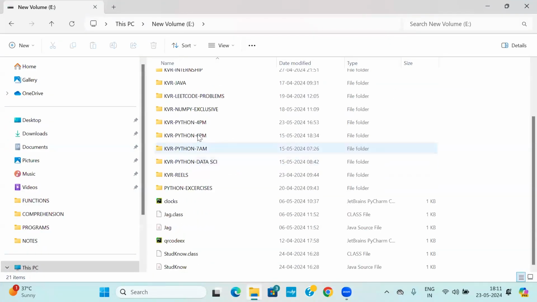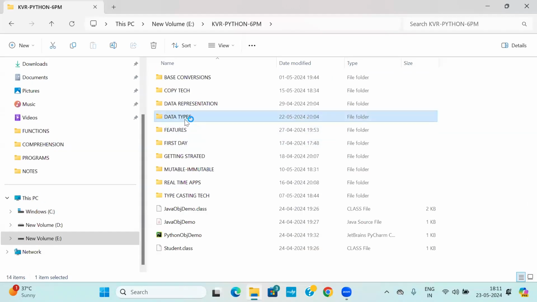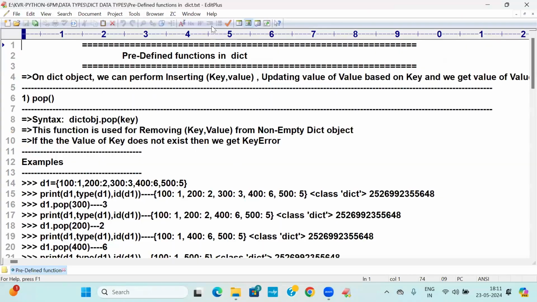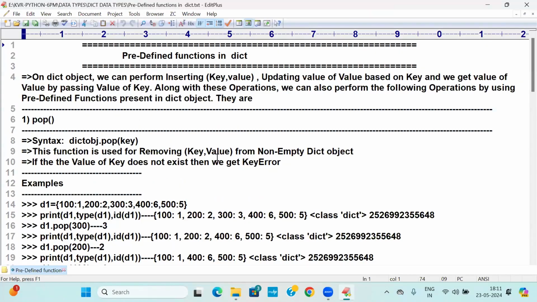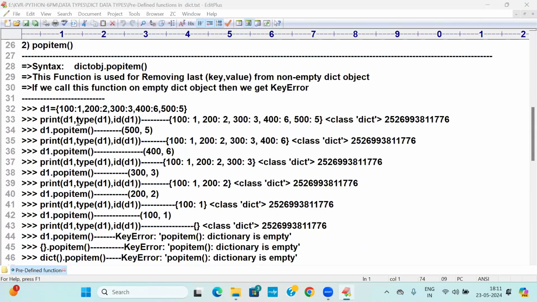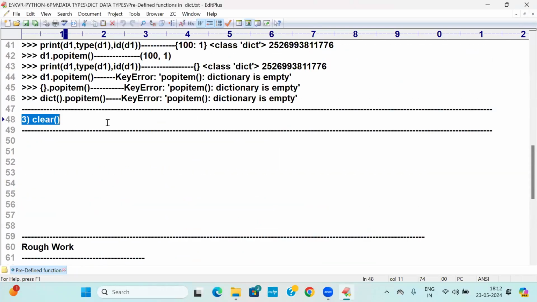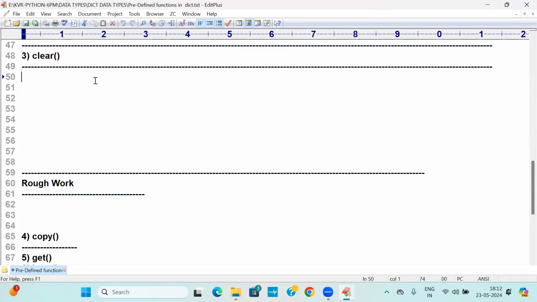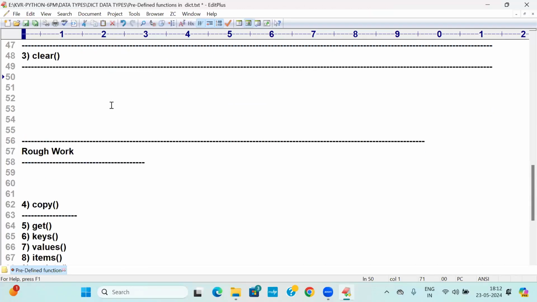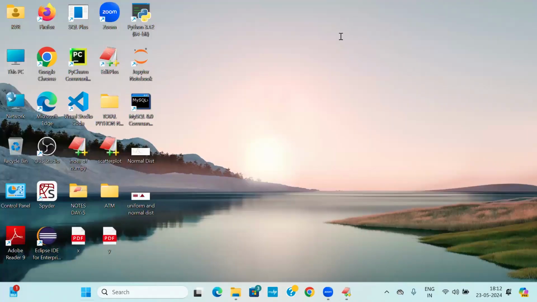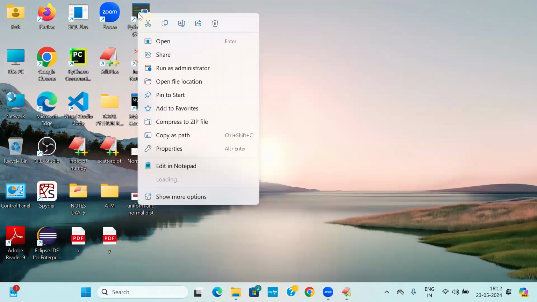Now, previously, data types and predefined functions in dict. So there's the pop function, and here I'm going to say it is all discussed: pop, popitem, and the clear function now. These are all the things which are available. Let's start quickly. I'll finish it today. The clear function will go to this place, go to the Python environment,